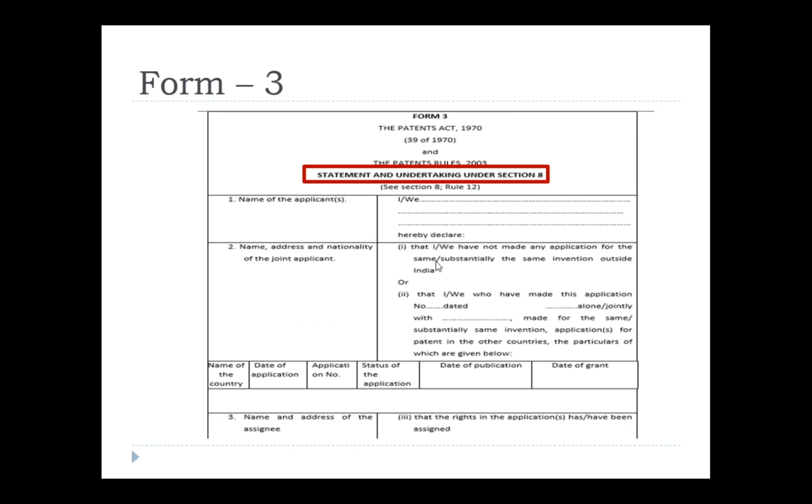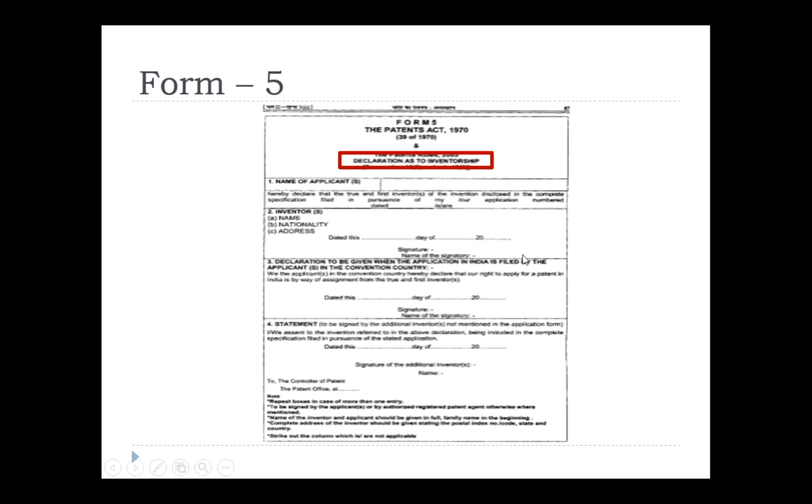The third one, as I mentioned, is Form number 3, statement and undertaking under section 8. This is for foreign filing particulars. You can see name of the country, date of application, application number, status of the application, date of publication, and the date of grant. See, these details should go along with Form number 3.